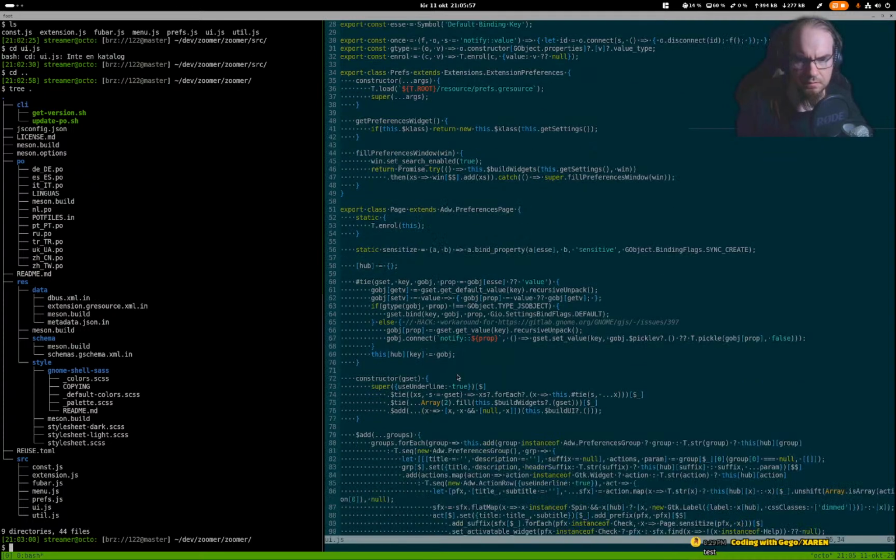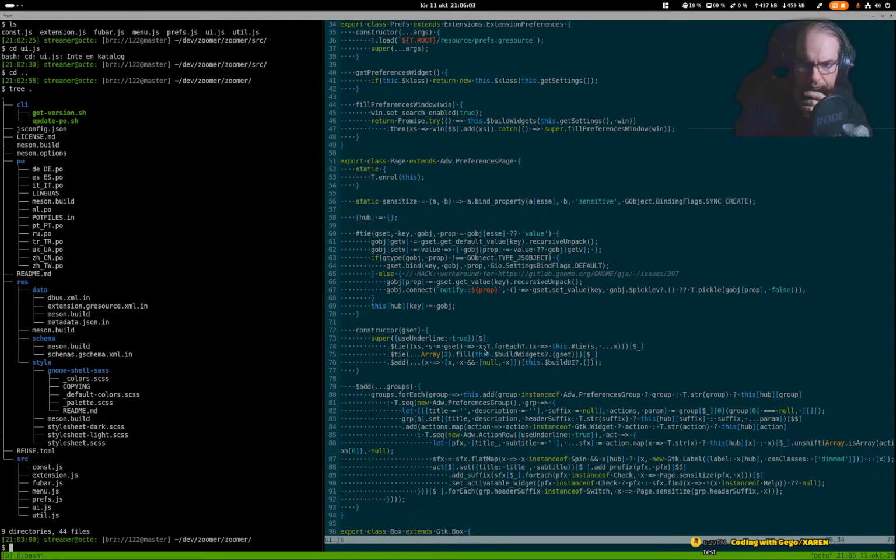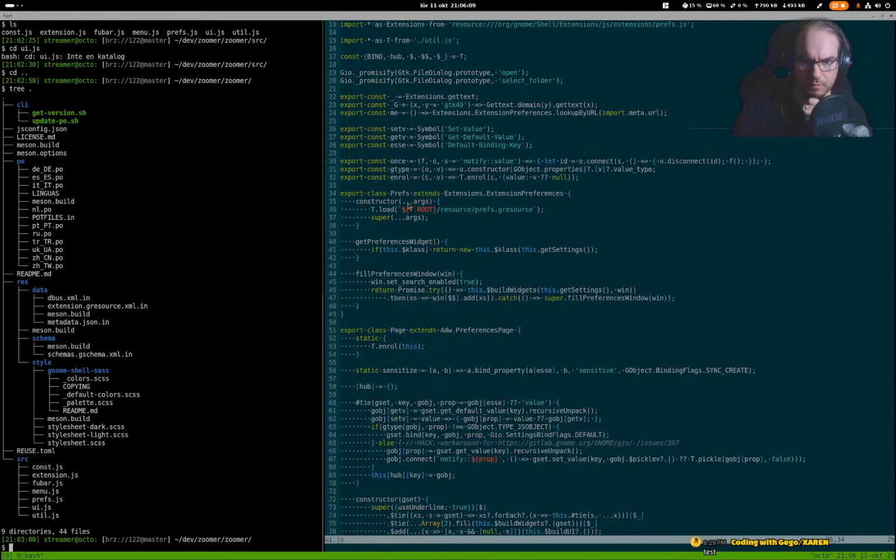So I cannot see any preference page for each group. Okay, first we do what? Prefs. So GResources. But I don't see any GResources here. Oh, there it is. Extension GResources. Okay. CD